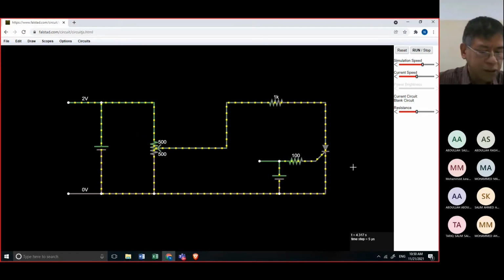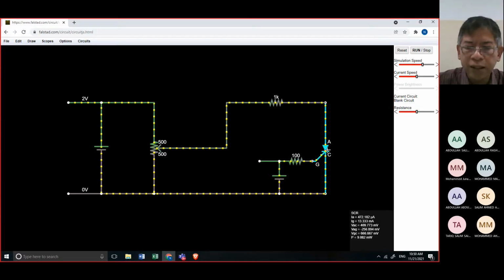If we drag the mouse here, you have the answer for the current, which is current A equal to 472.182 microampere. Then what is our VCC here?